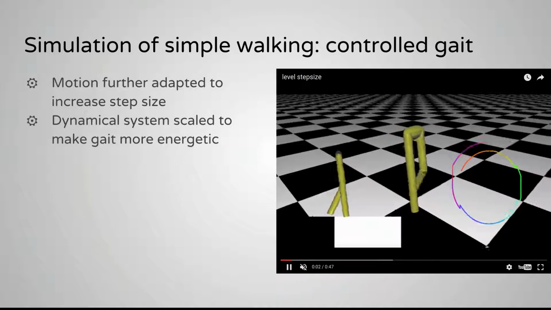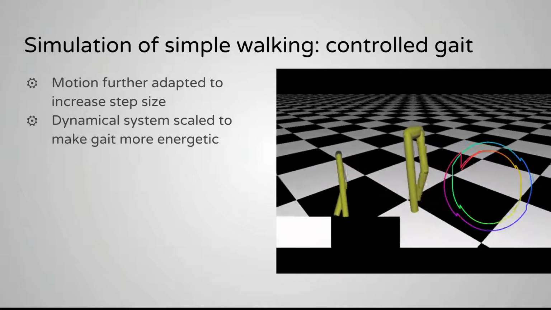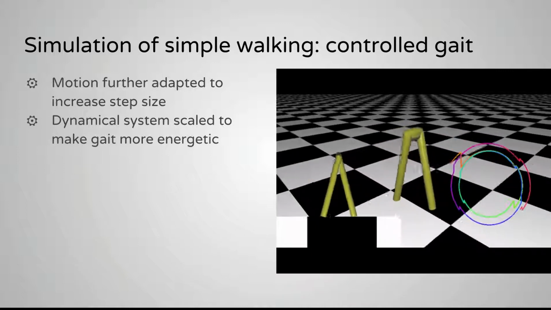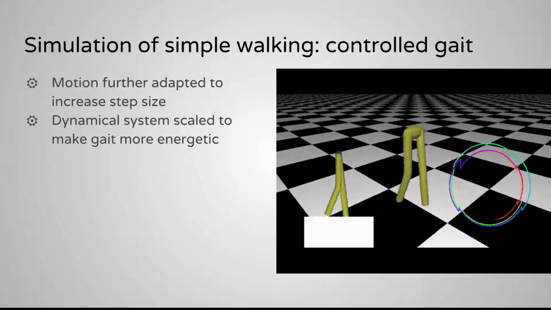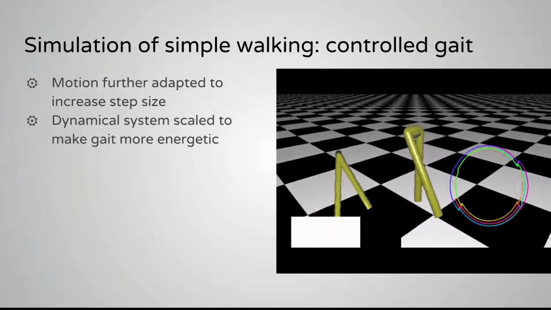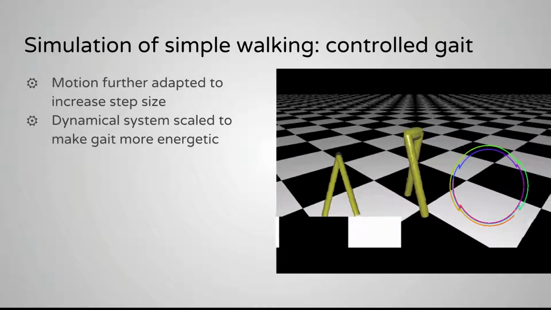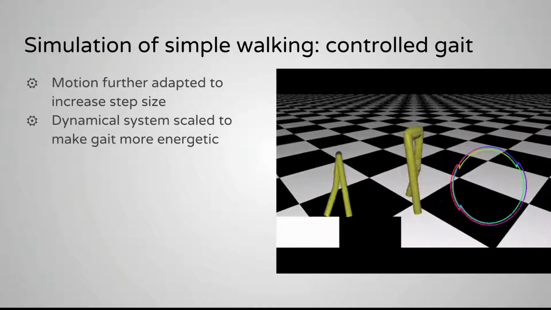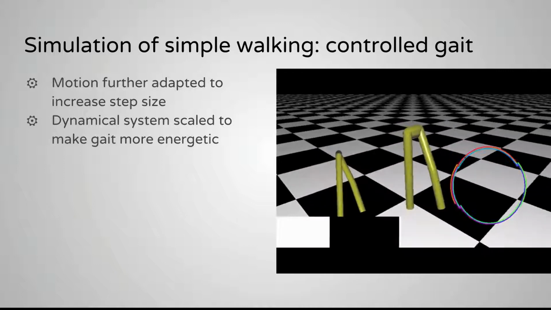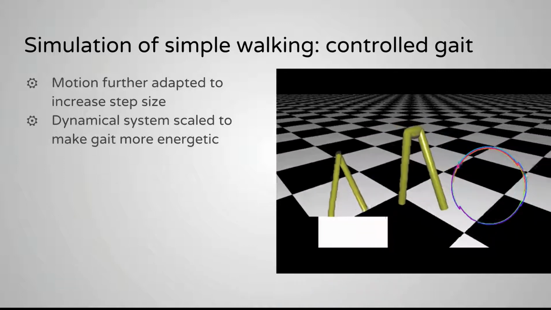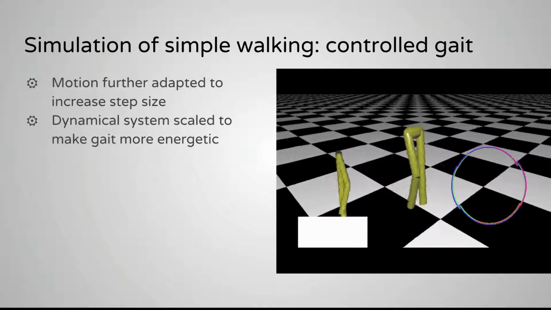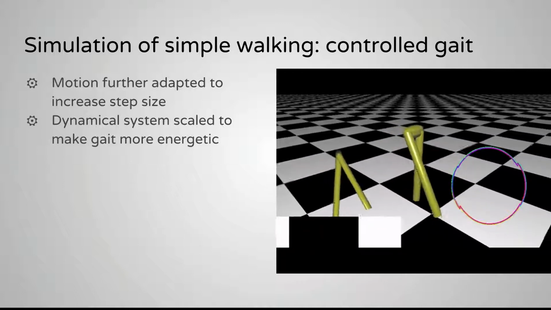And what we can do also is, this is an example of increasing the step size. So we're going to scale it. Note it takes a little time to adjust to get into its stable limit cycle. But now we've qualitatively changed the gait by shifting the step size. The limit cycle has essentially grown in the x direction, and it makes the gait more energetic. Right, so those are some examples of applying the principles of symmetry preserving transformations to achieve motion adaptation of a dynamical model,